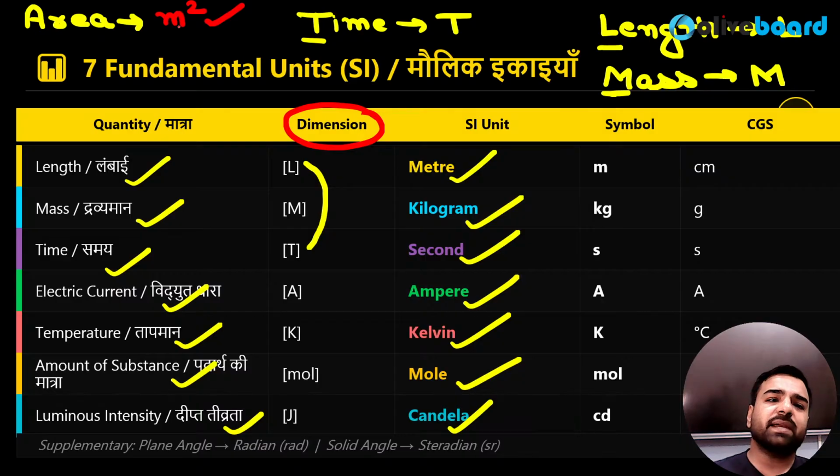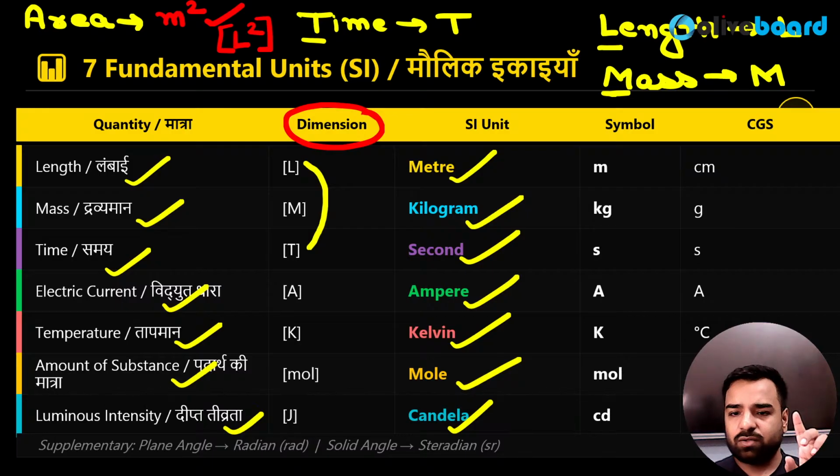So see, meter means we are talking about length, right? So yes, and for the length we have dimension L. So its dimension will become L2 or we can say L square. So either you can write M0 L2 T0 or you can just write L2. I'll ask some questions here. Adi, here you will be wrong. I'll tell you why. So here see, Gauze, Rohit, Kote, Nani and Aviral, you all were correct.